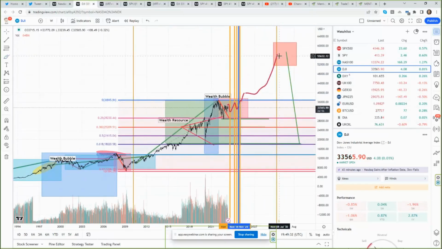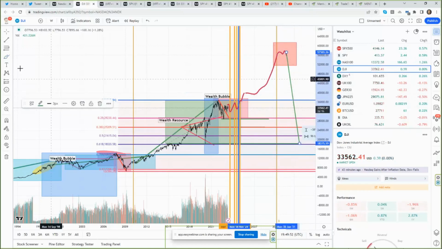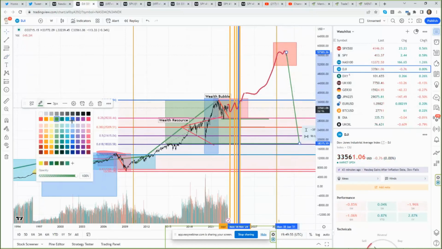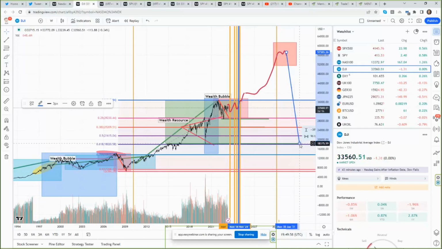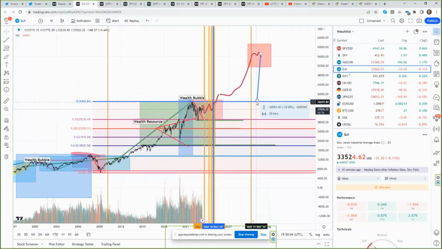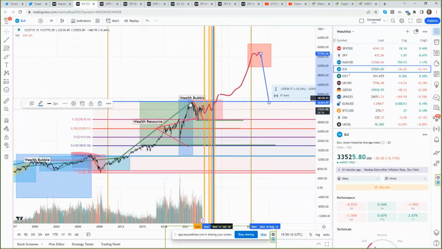The next big Fed induced rally bubble up over here will then start to peak out in 2027, 28, 29, or 2030, 31. It'll start to peak out over here, and then we have a deeper contraction. And this deeper contraction, as I mentioned, everybody, in a minor case is going to be about 30%, 36%, which is going to put us about here. I'll move this out of the way so you can see it. Back in this area, 33 to 36%, which is the top of the wealth bubble back over here,